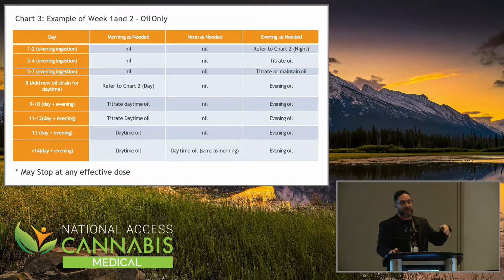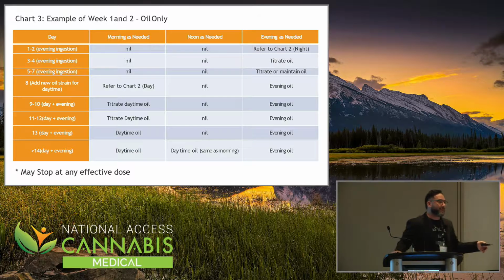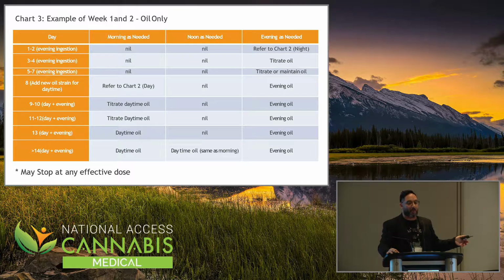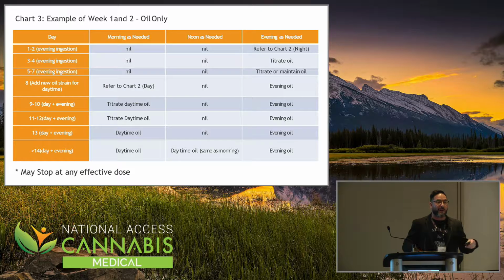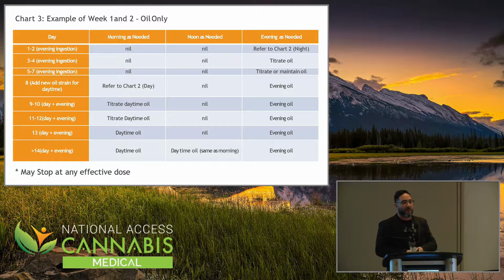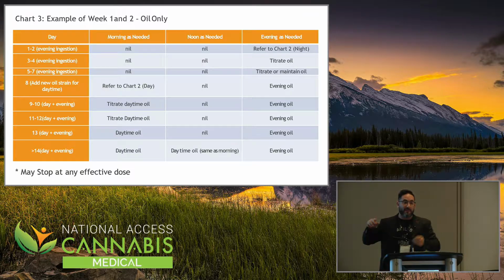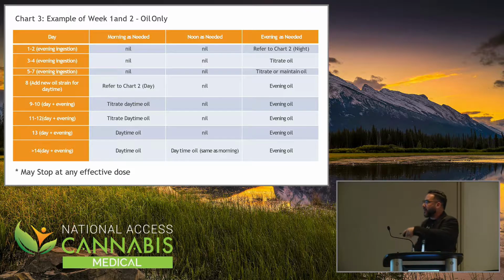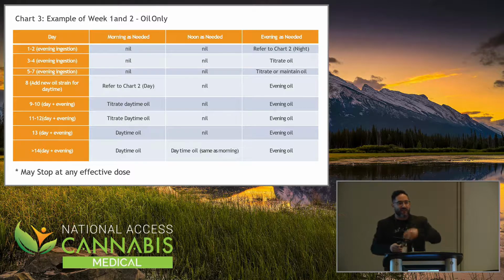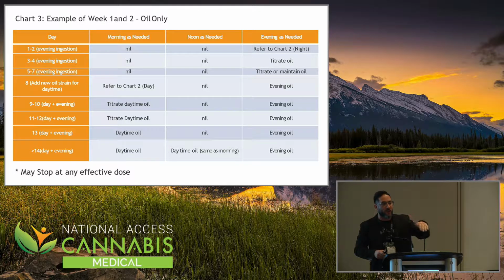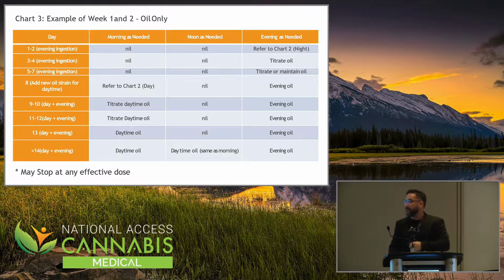And that's a 10% decrease per week until they're down to about 20%. That's the standard for decreasing an opioid in Canada following the national pain guideline. So that's usually what I do. I usually take them off their quick-acting stuff first, their pain candies, and that's usually either their Hydromorph quick release or their Percocets. I change that, like I said, with vaporization, and they're still using their long-acting, and then I start introducing an evening oil, and then I start having them decrease their long sustained release opioid at that time as well, 10% per week. And eventually we get them off both, and they're vaping and they're using oils.